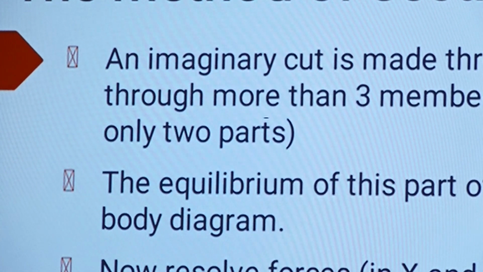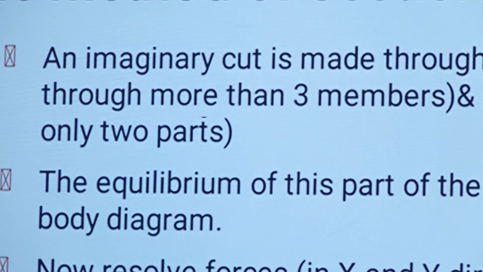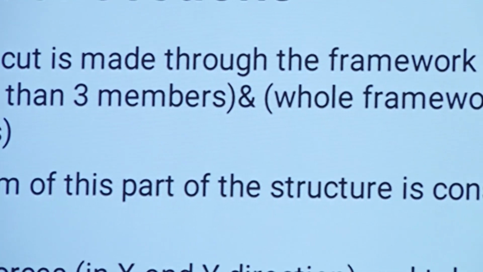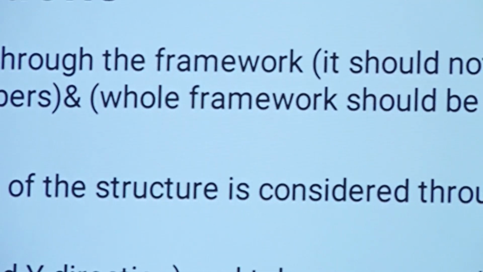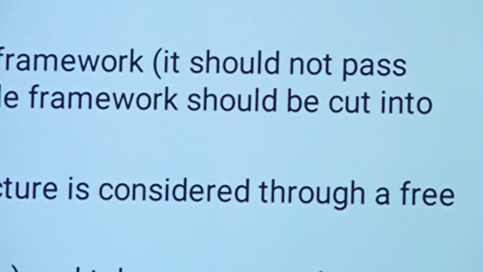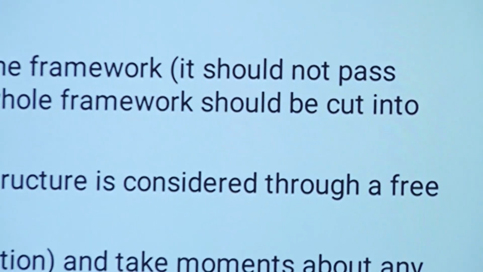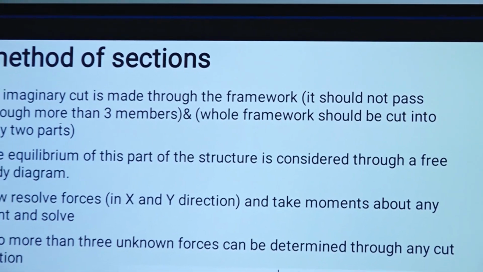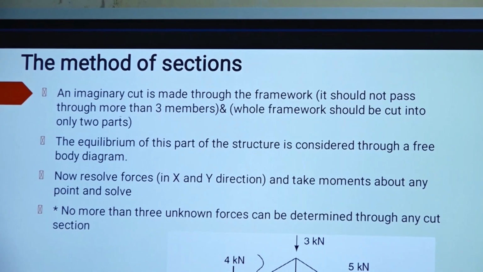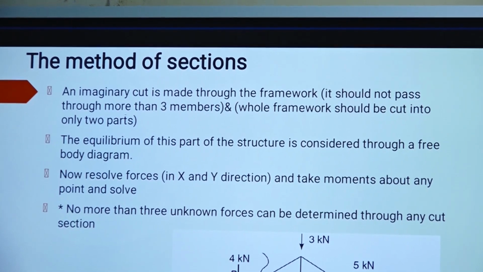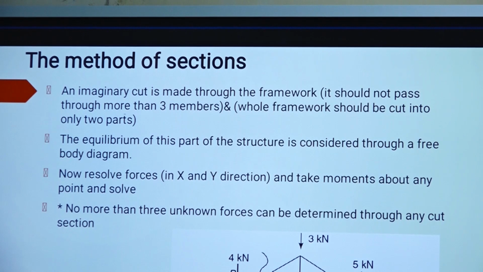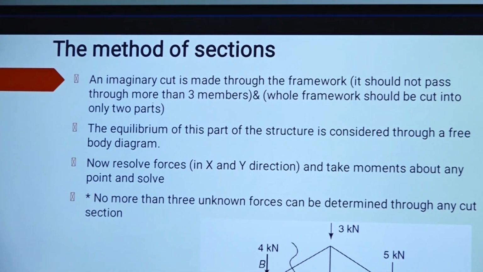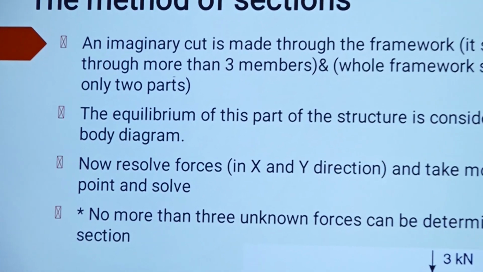So you have to use both methods and find the method which will solve the problem fastest. In the GATE exam paper you have to solve a problem within 2 to 3 minutes, right? You cannot spend more time on that. So that's why you have to intermix both methods and find out which is fastest. And in some problems you have to use both methods together, right?